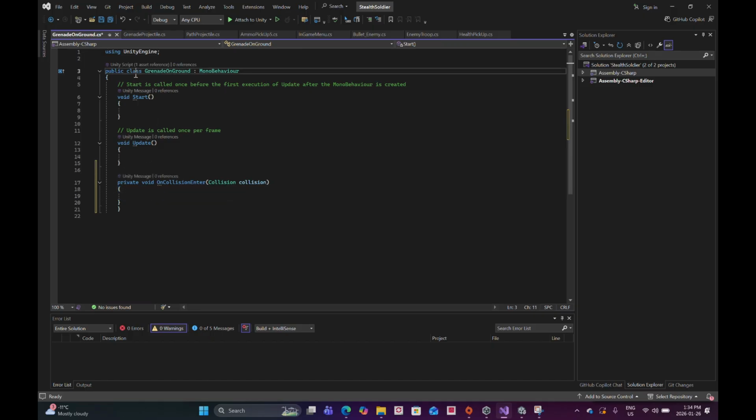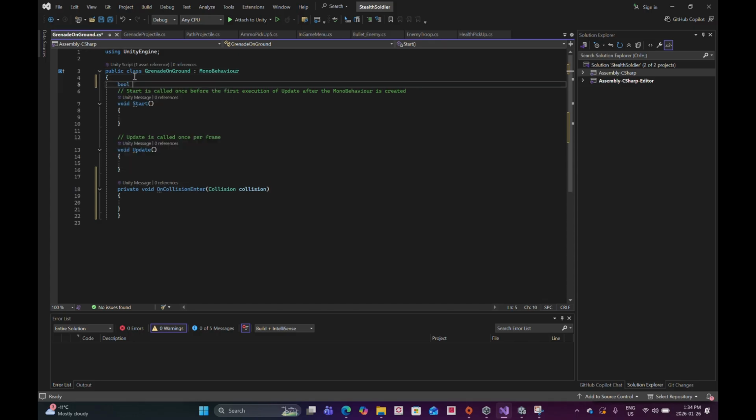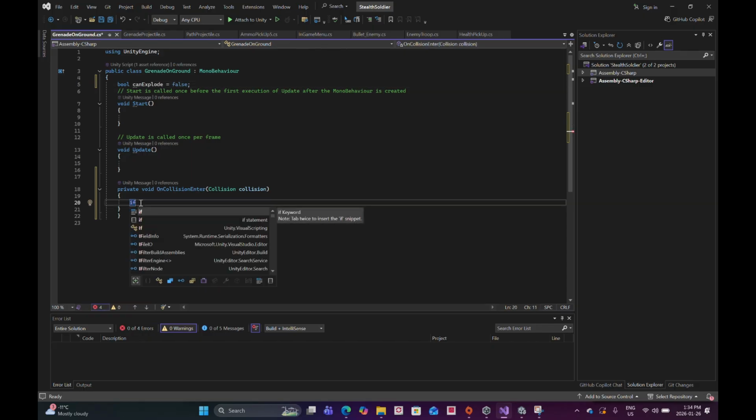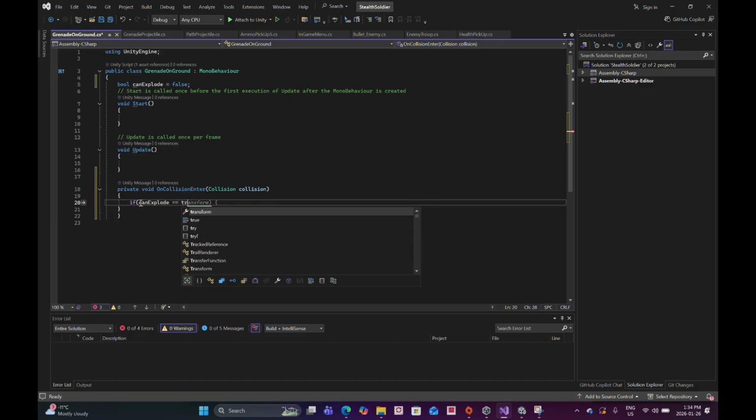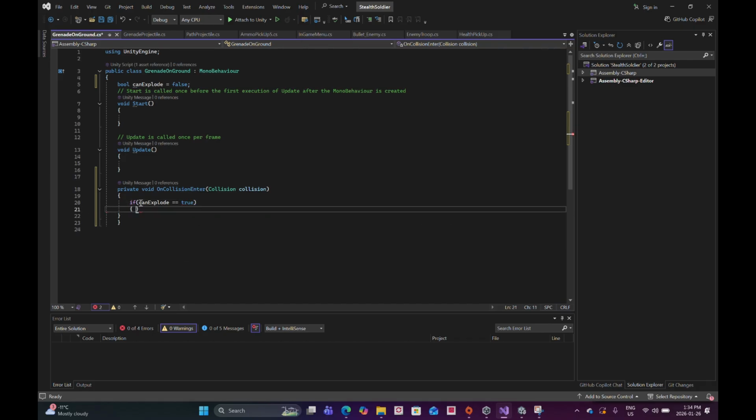If first I need to create I think a boolean, can explode, is false. So if can explode is true, then inside that,